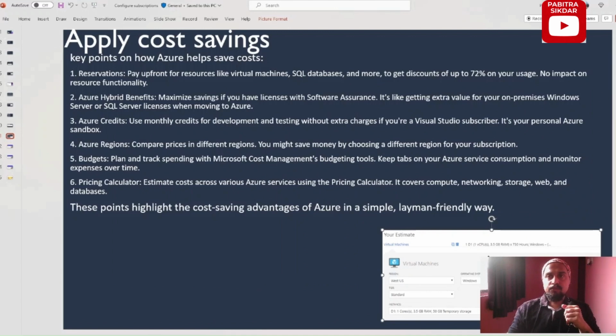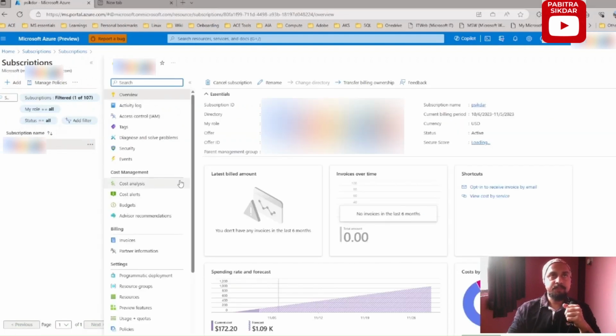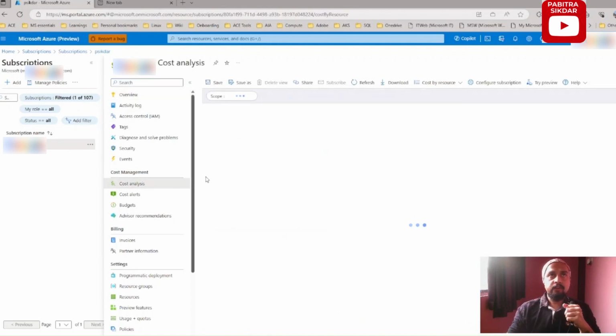So yeah, I'm almost done now. Let me show you something. Now I'm inside my Azure portal, and I'll be logging onto my subscription. And here, if I click on cost analysis,